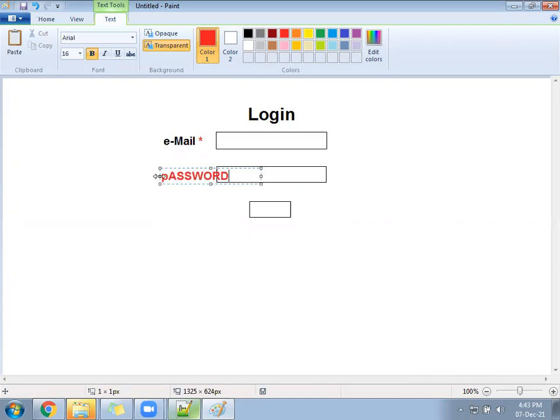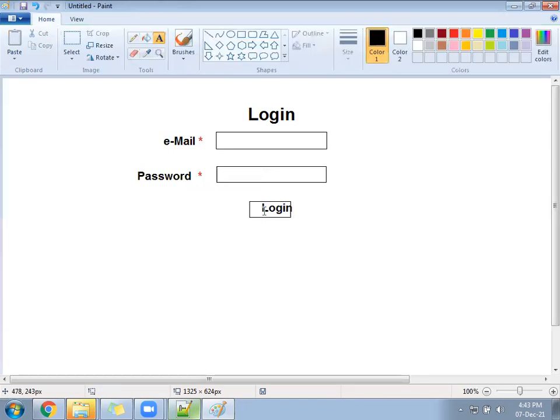Password will be here. After password there will be a red mark. And this should be the usual default color only. And in the button, it will be written login.